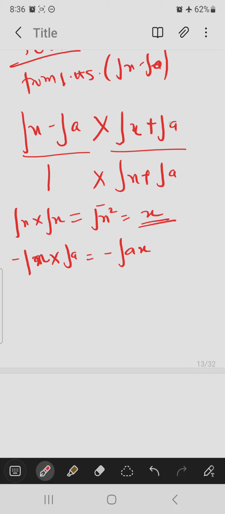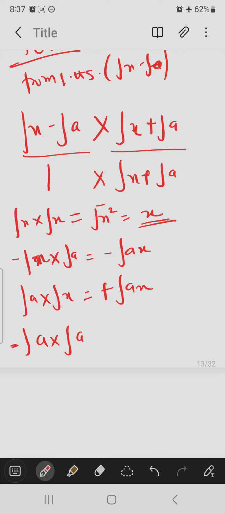The third one is root a times root x, which is plus root ax. And the last one is root a times root a, minus root a times root a,